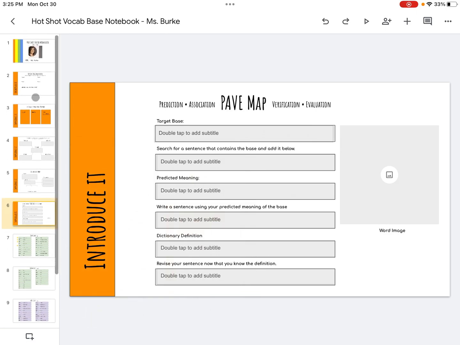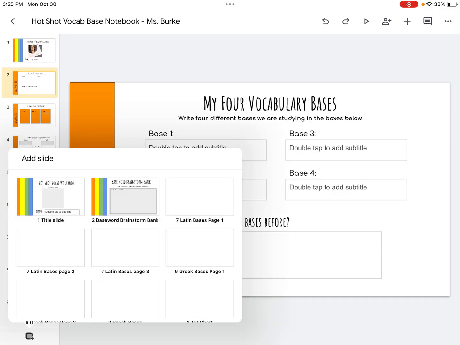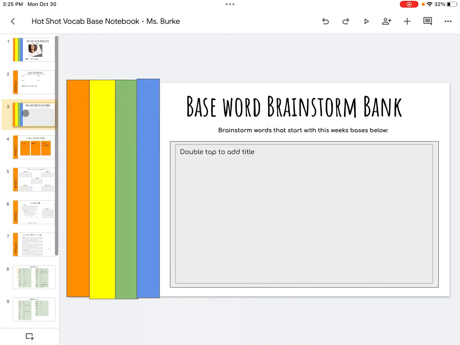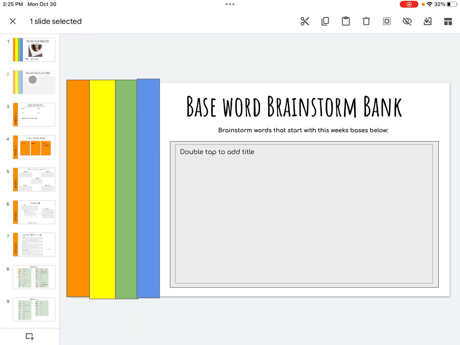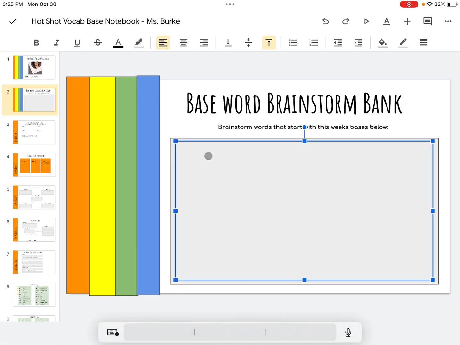Now, before I do these orange activities with the different bases that I learned this week, I'm actually going to brainstorm some words. So I'm going to go back to my slides and I'll click on Base Word Brainstorm Bank. I'm going to move this up here. And I'm going to think of the bases that I learned about. So the first one of them was graph or gram. And if I think about some words, I could have photograph,